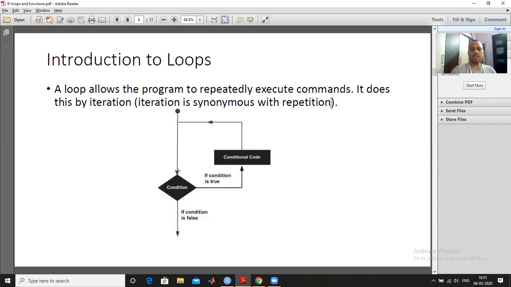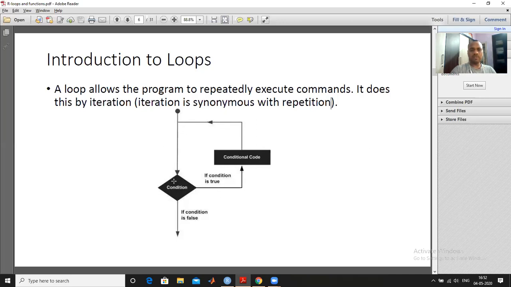So this is a condition. There is always a condition, and if this condition is true, if this criteria is met, then whatever code is written here will be executed and it will go again. Then it will check the condition. If the condition is again true, then it will execute this code and go like this. So it will continue whenever the condition is true. If this condition is true, then this loop keeps executing and executing.